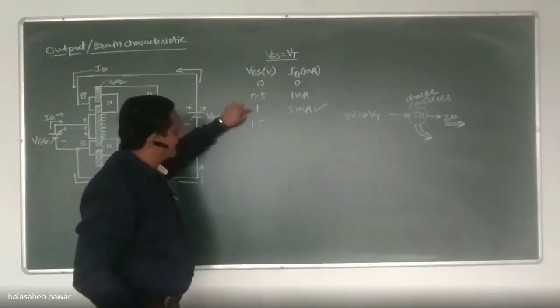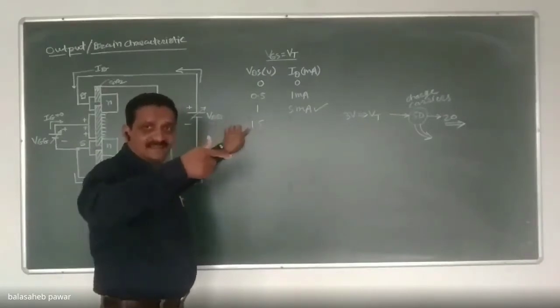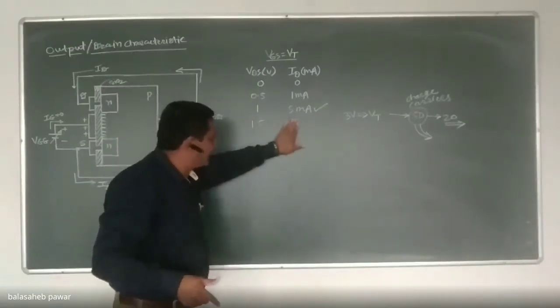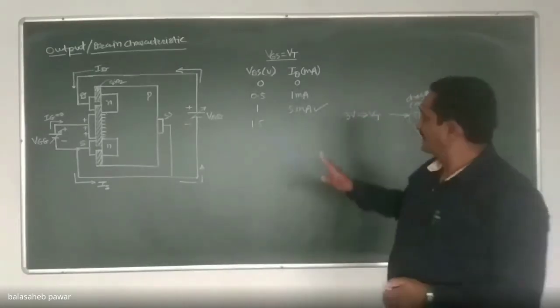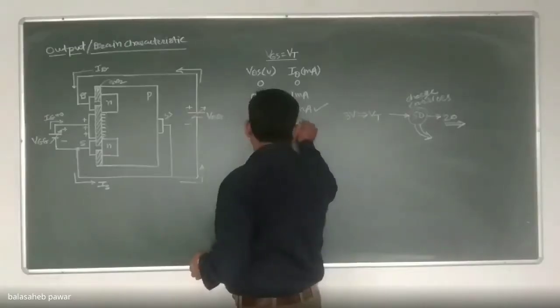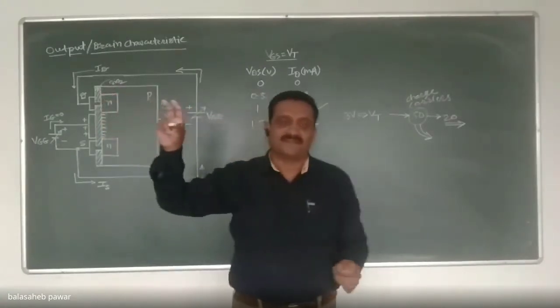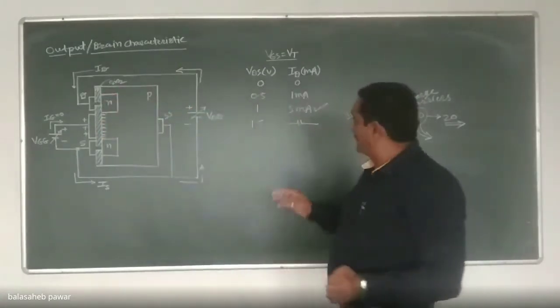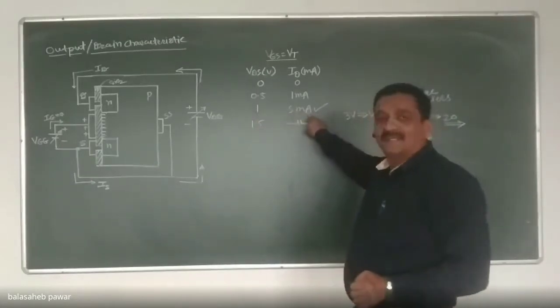Now, from 1 volt drain to source voltage, I switch to 1.5 and increase it again. My question is, what will be the effect on ID? Will it remain the same? Yes, because the accumulated charge carriers, that is 50, all started to migrate just by applying VDS equals 1 volt, and the current constituted was 5 milliampere.